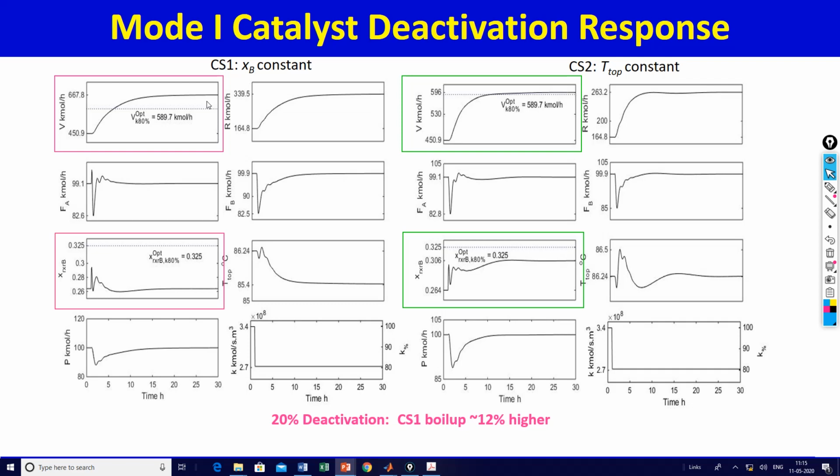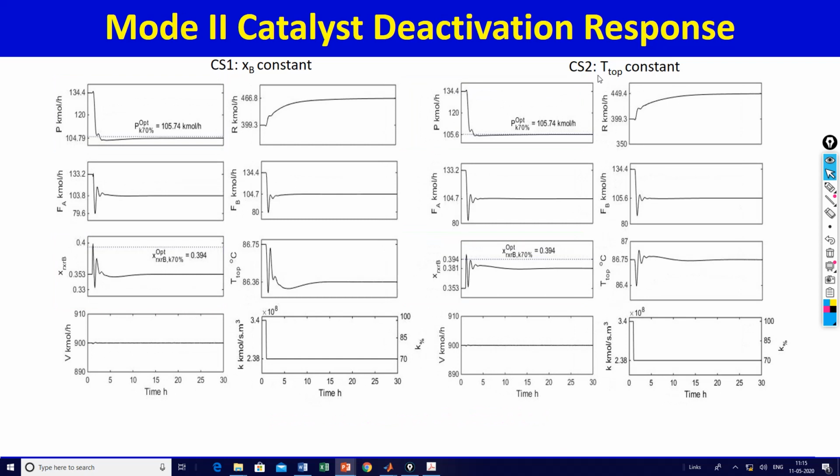12% more than CS2. And please note, production rate changes and catalyst deactivation will keep happening over the entire year. So 12% advantage here, maybe the average deactivation over the entire year gives a 6% advantage, plus maybe 3 or 4% advantage there, that's about 10% overall advantage. So 10% lower average steam consumption using CS2, that's dramatic.